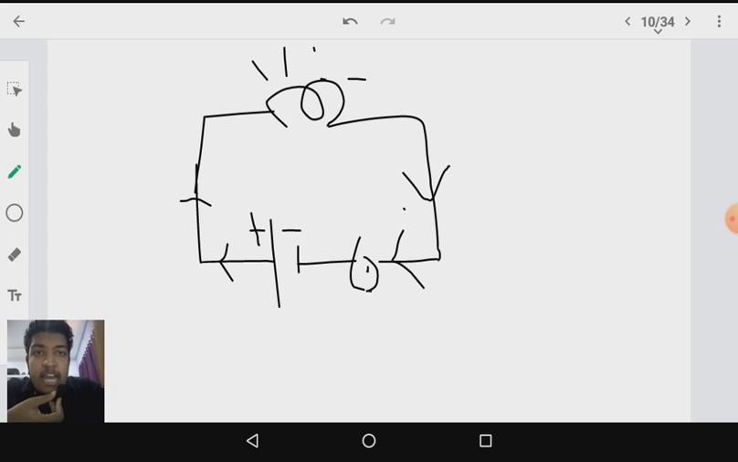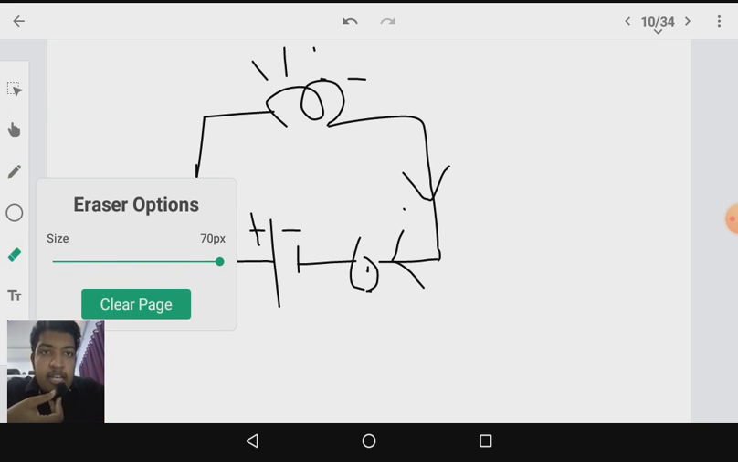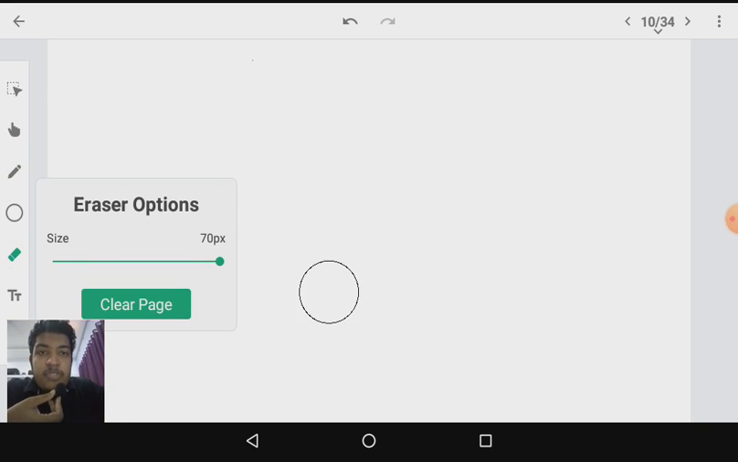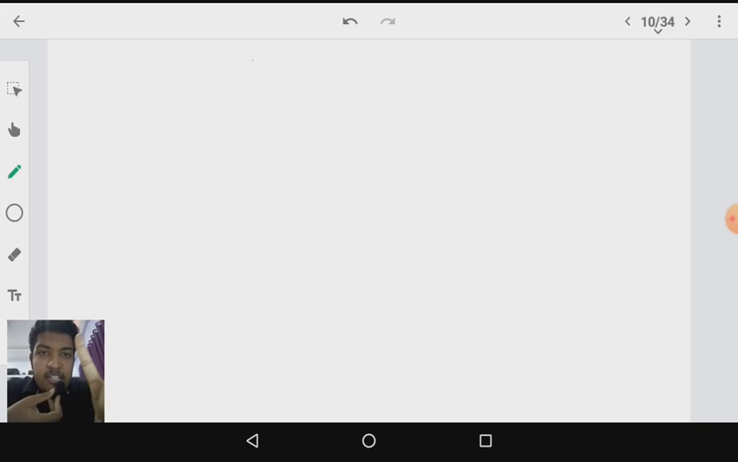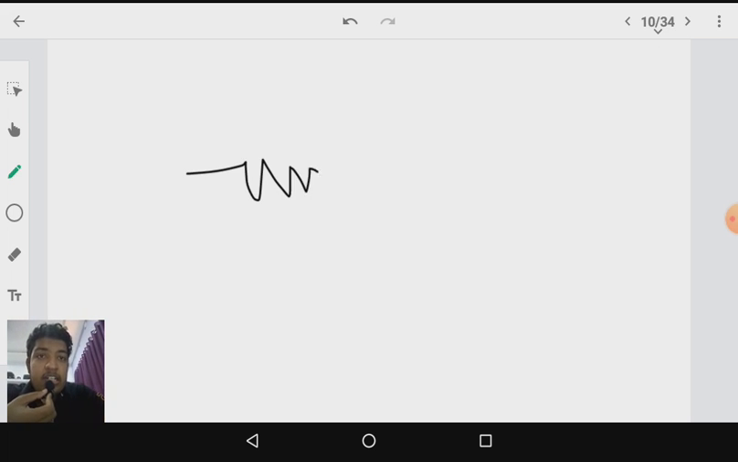Moving forward with another circuit. Let us draw a bigger circuit which has a resistor, a cell, a bulb, and let us connect an ammeter to measure the current. Let us also connect a voltmeter to measure the potential difference. So we will study what potential difference is, but just now understand that we are also going to measure the potential difference. So first let us draw a resistor,